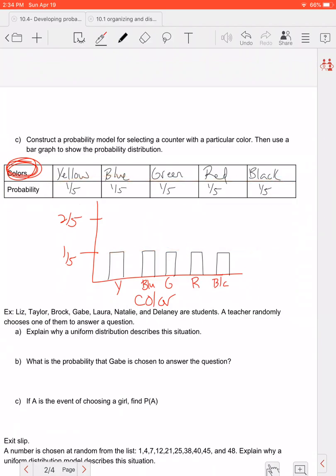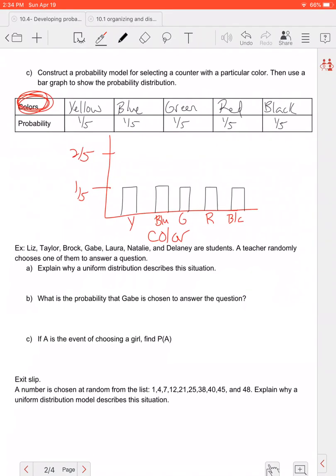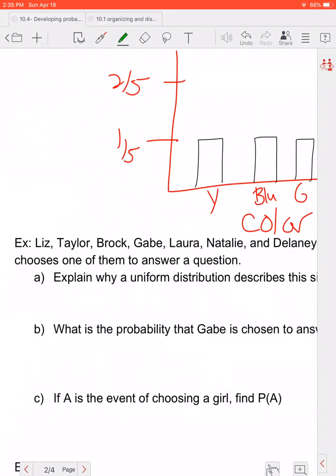Okay, again, uniform. So we have Liz, Taylor, Brock, Gabe, Laura, Natalie, and Delaney, our students. A teacher, maybe me, randomly chooses one of them to answer a question. Okay? So it says explain why a uniform distribution describes a situation. So why would this situation be uniform? And that's because each student has the same chance